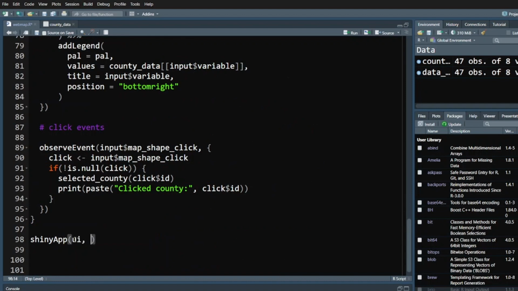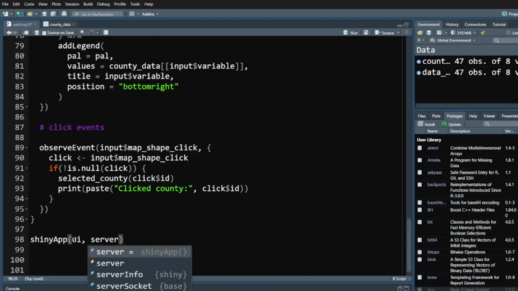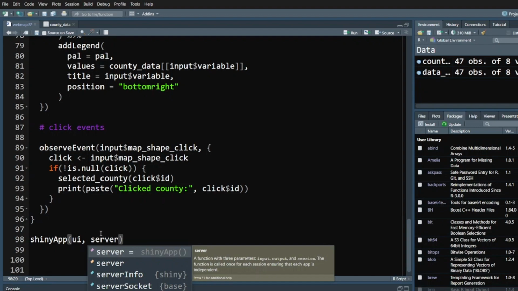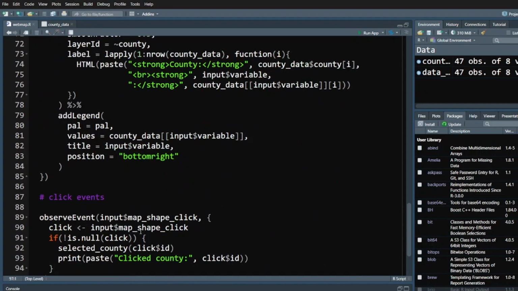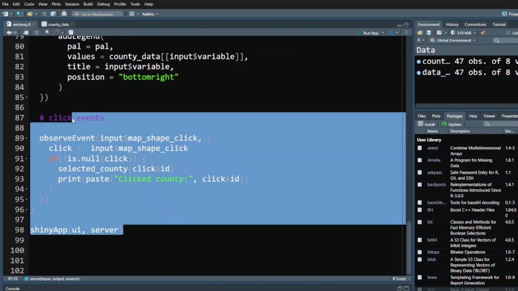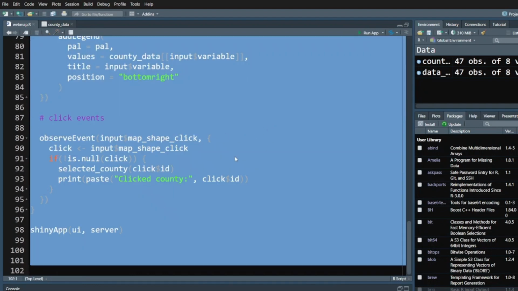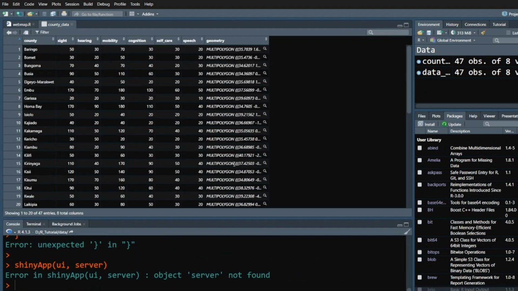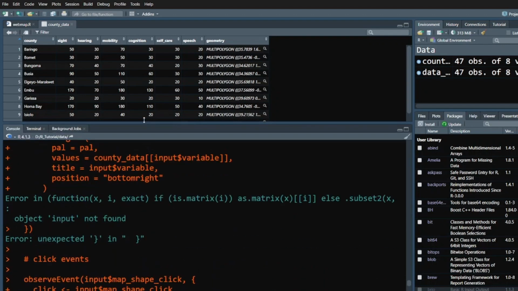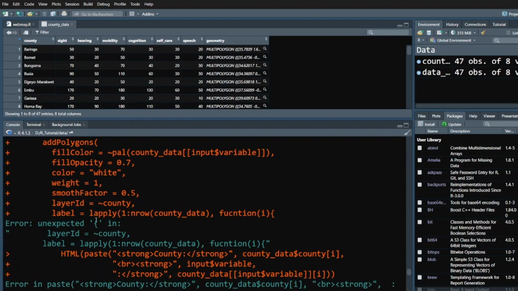So we say ui and then server like this. Make sure you save, and then you can highlight almost everything. Say Control A, then you can Control Enter to run the application. So here it says there are some few errors